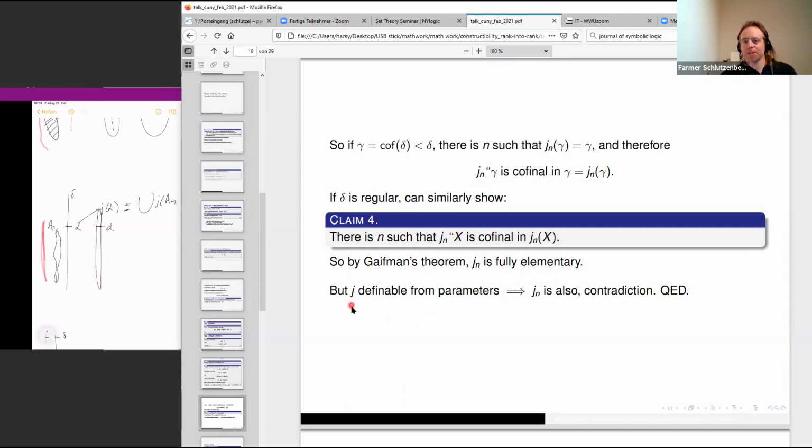But the original J was definable from parameters, was our assumption. So is every Jn, and then we get a contradiction to the first part of the theorem. Okay,